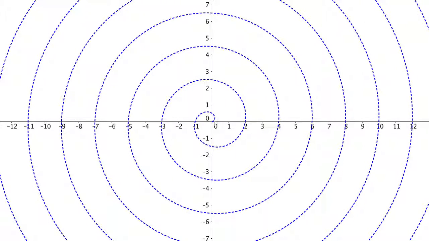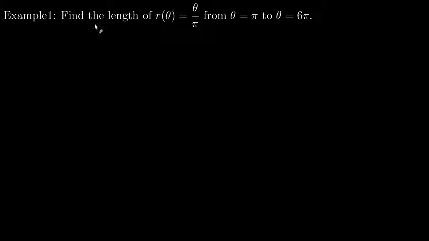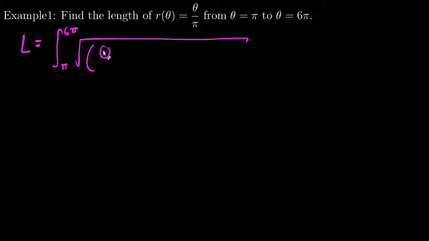But we only want the portion from pi to 6 pi. So if I start here, this is 0, pi over 2, pi, 3 pi over 2, 2 pi, 3 pi, 4 pi, 5 pi, 6 pi. So we only want this portion of it. Finding the length of this is actually pretty straightforward using our formula. I need to find the length. It's going to be the integral, with the starting and stopping theta values pi to 6 pi, of the square root of r of theta squared, so theta divided by pi, squared, plus